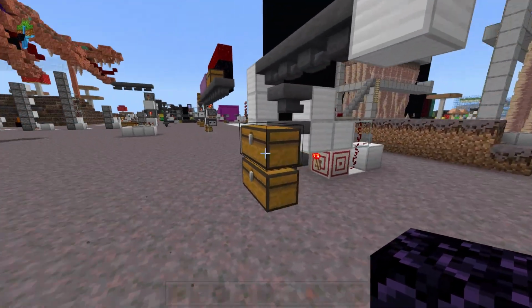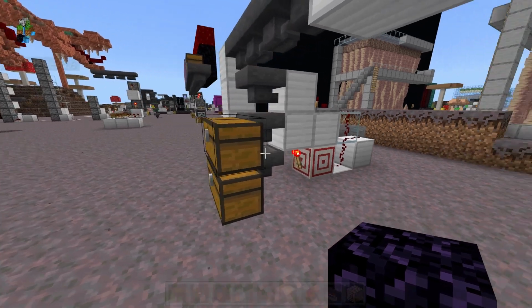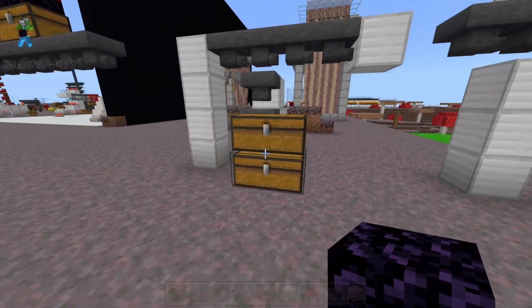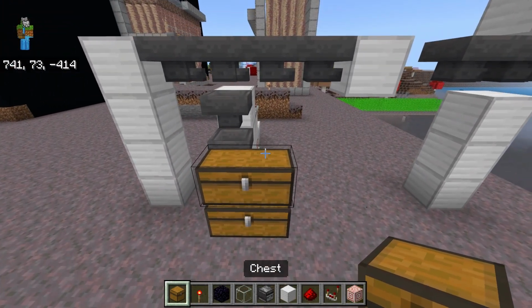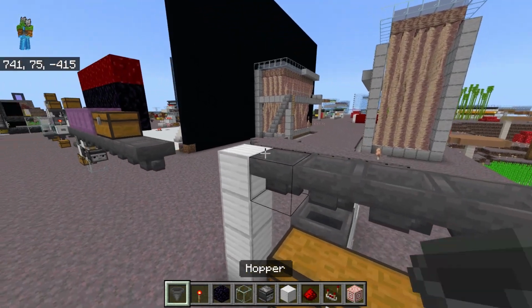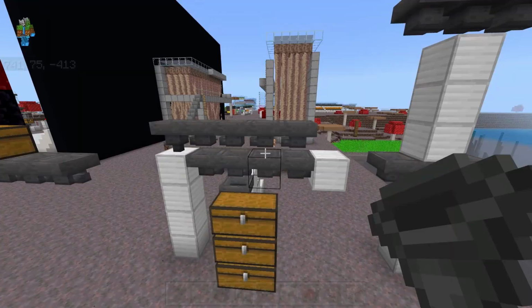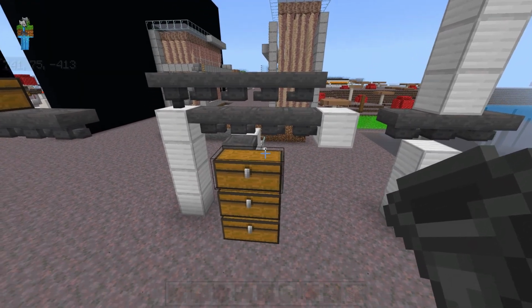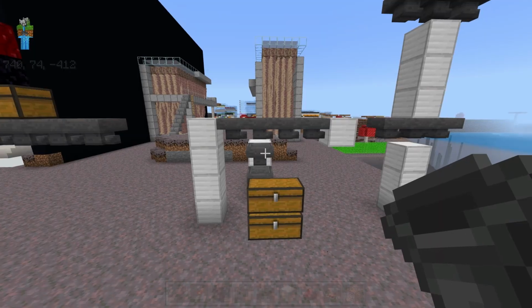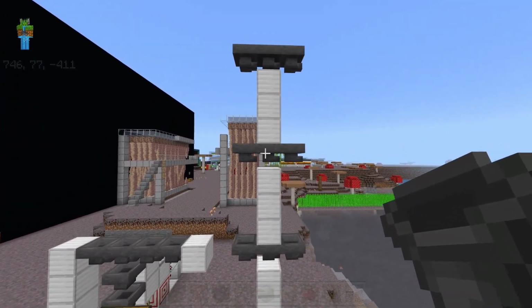If you build your input line 4 blocks above the ground, you will only have room for 2 stacked chests, like you see here. So if you want to have more chests, you need to raise your input line before you even start. So if you want 3 stacked chests, you need to have this initial input line be 5 above the ground. That is 4 blocks in between the ground and the input line. And so you need to figure out how many chests you want before you start building it so that you know how far above the ground your bottom input line needs to be.